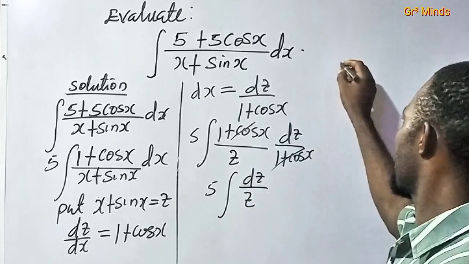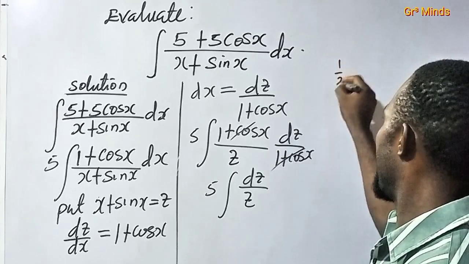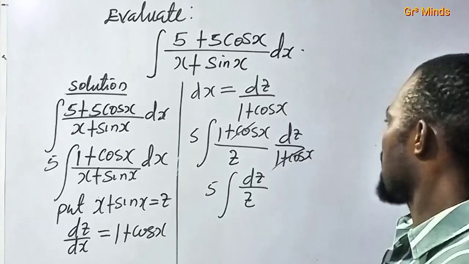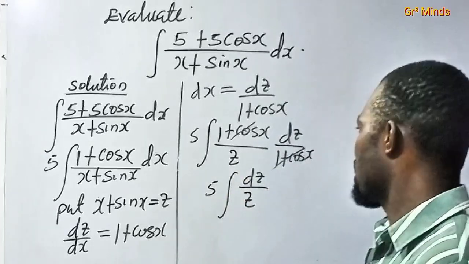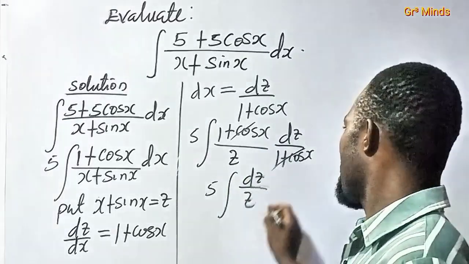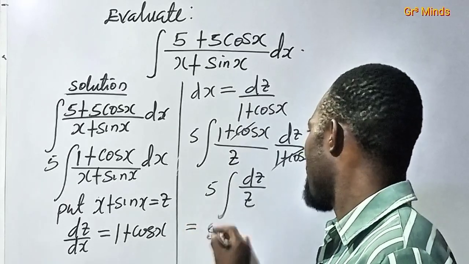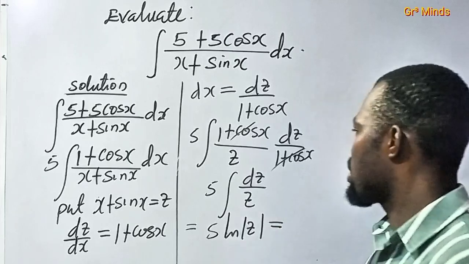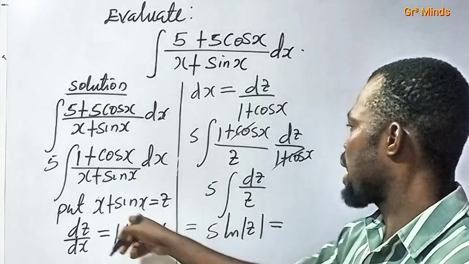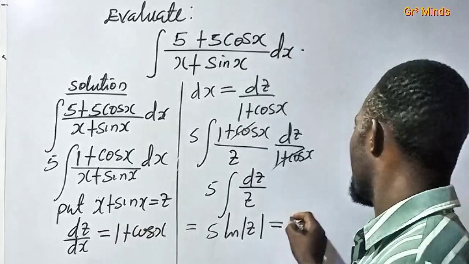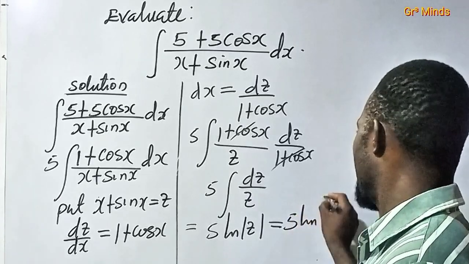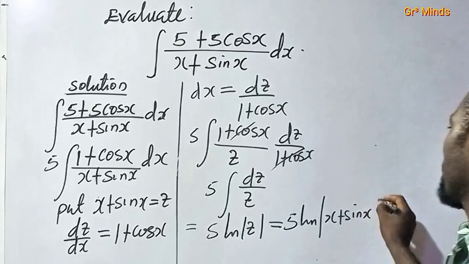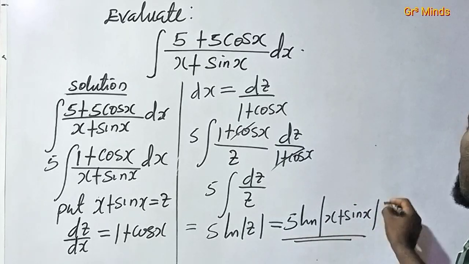When you integrate 1 over x, we have ln x. Now, when you integrate 1 over z, we are going to have ln z. This is going to be 5 ln z. And our z is x plus sine x. That's going to be 5 ln (x plus sine x). So this is your answer, plus